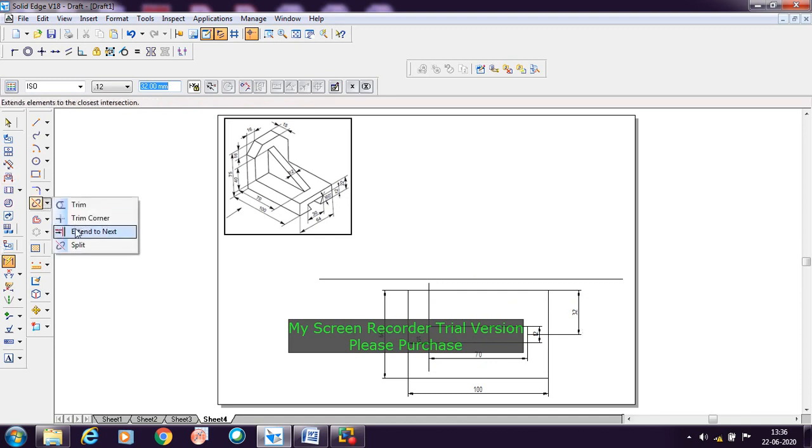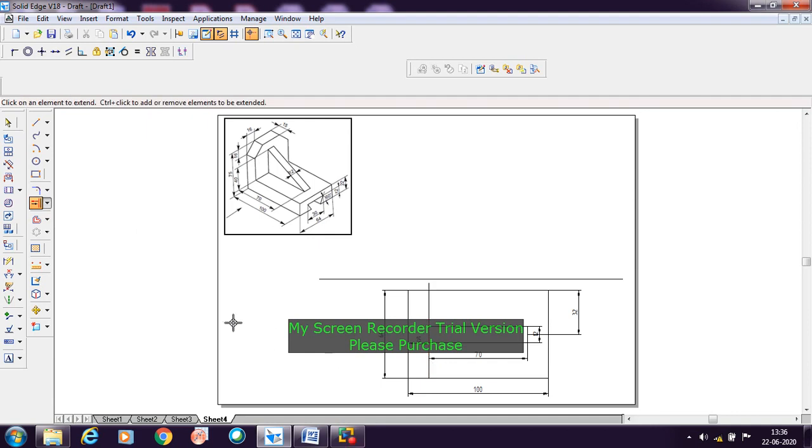So the object itself is moved, then I'll extend here, then trim here. So trim this object. Now with this, we have completed. And then here it is at a distance of 16 mm. There is a cutout here, there is a chamfer here. So at a distance, the linear